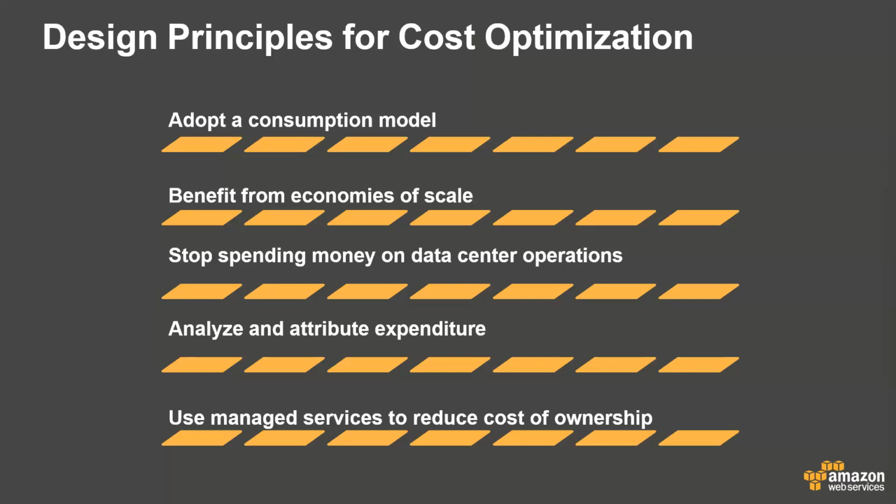So maybe let's just go through it again to understand in deep detail. Let's start with adopt a consumption model. And here it's saying to pay only for computing resources that you require and increase or decrease usage depending on business requirements, not by using elaborate forecasting. For example, development and test environments are typically only used for, let's say, 8 hours a day during the week. You can stop these resources when they are not in use for a potential cost saving. So that is around adopting a consumption model, then benefit from economy of scale.